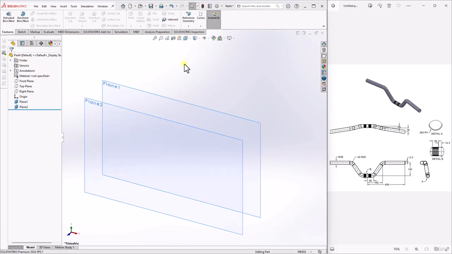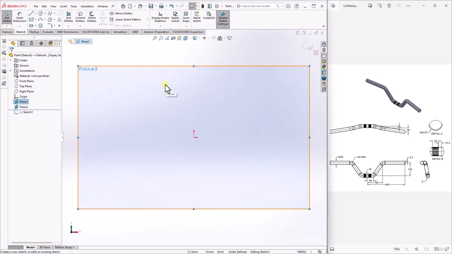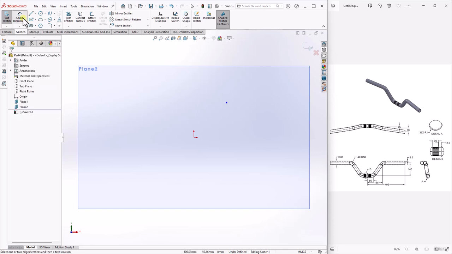After creating the reference planes, we will create points on them for creating the 3D sketch of the swept feature. Invoke the sketch environment by clicking on Plane 1. Click here and choose the Sketch button. Now, from the Sketch CommandManager, select the Point and create one point over here and go to Smart Dimension, click on the origin and the point